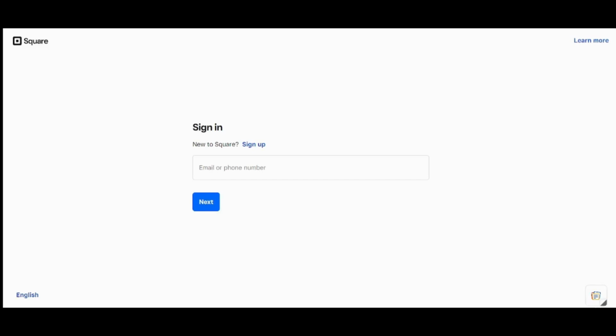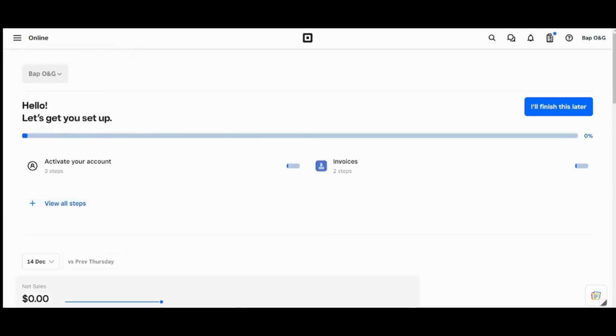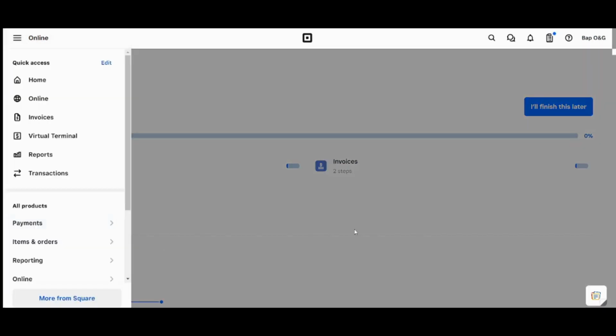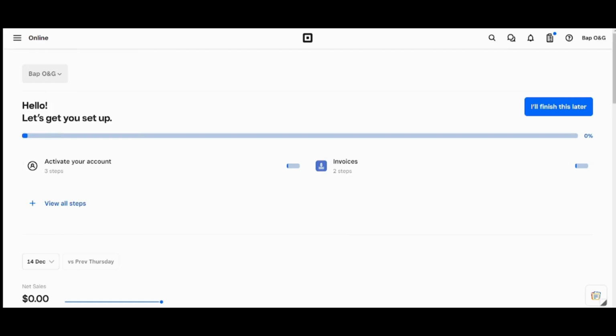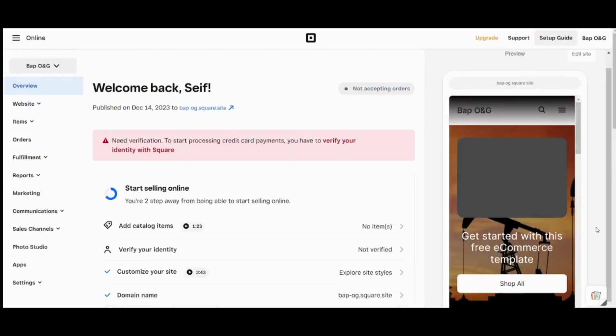Here I will just enter my login credentials, then I will be back in a second. After signing in, this is how your Square account will look like. So basically, to start creating your own website, we can go to Online here, click on it. Then you can navigate downwards until you have your website, or you can just go here to your company's name